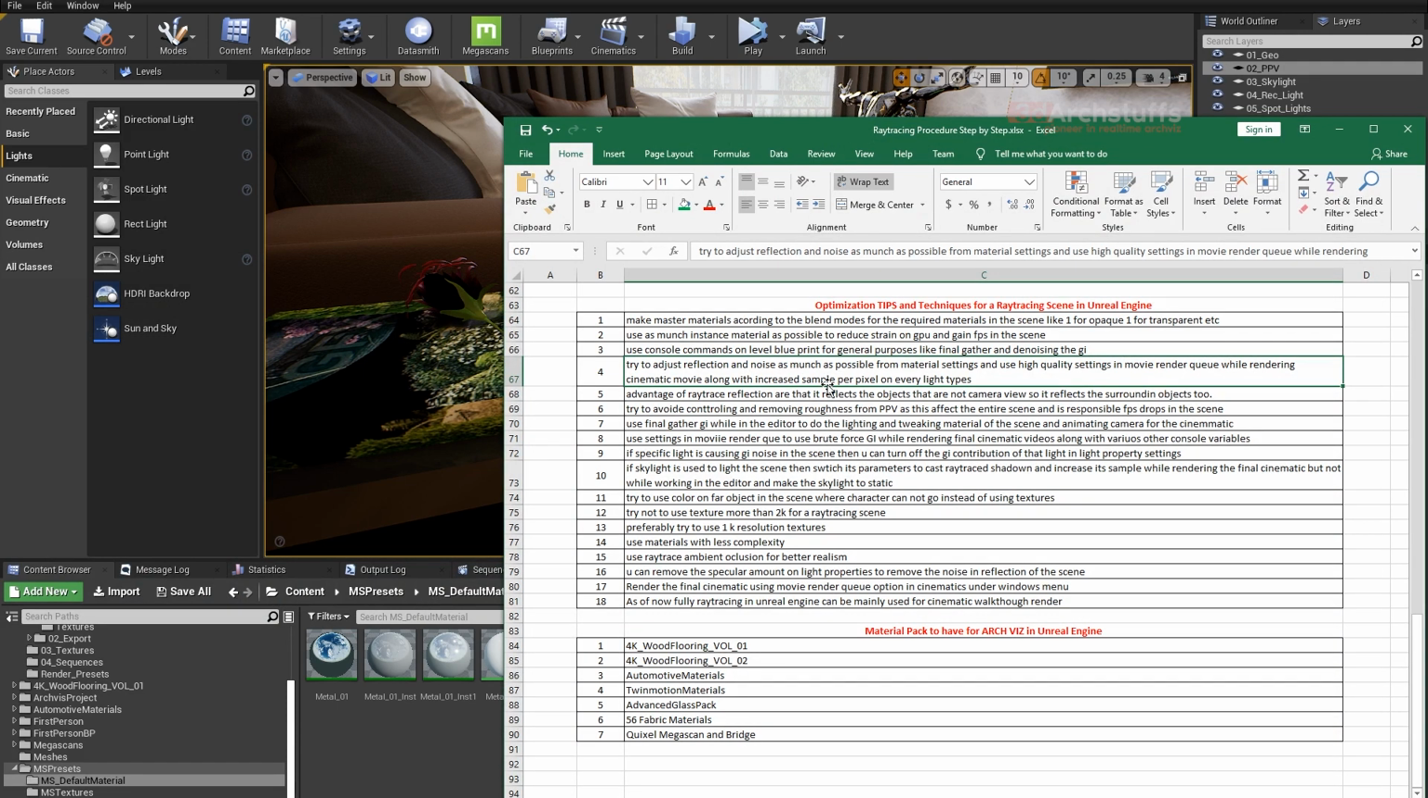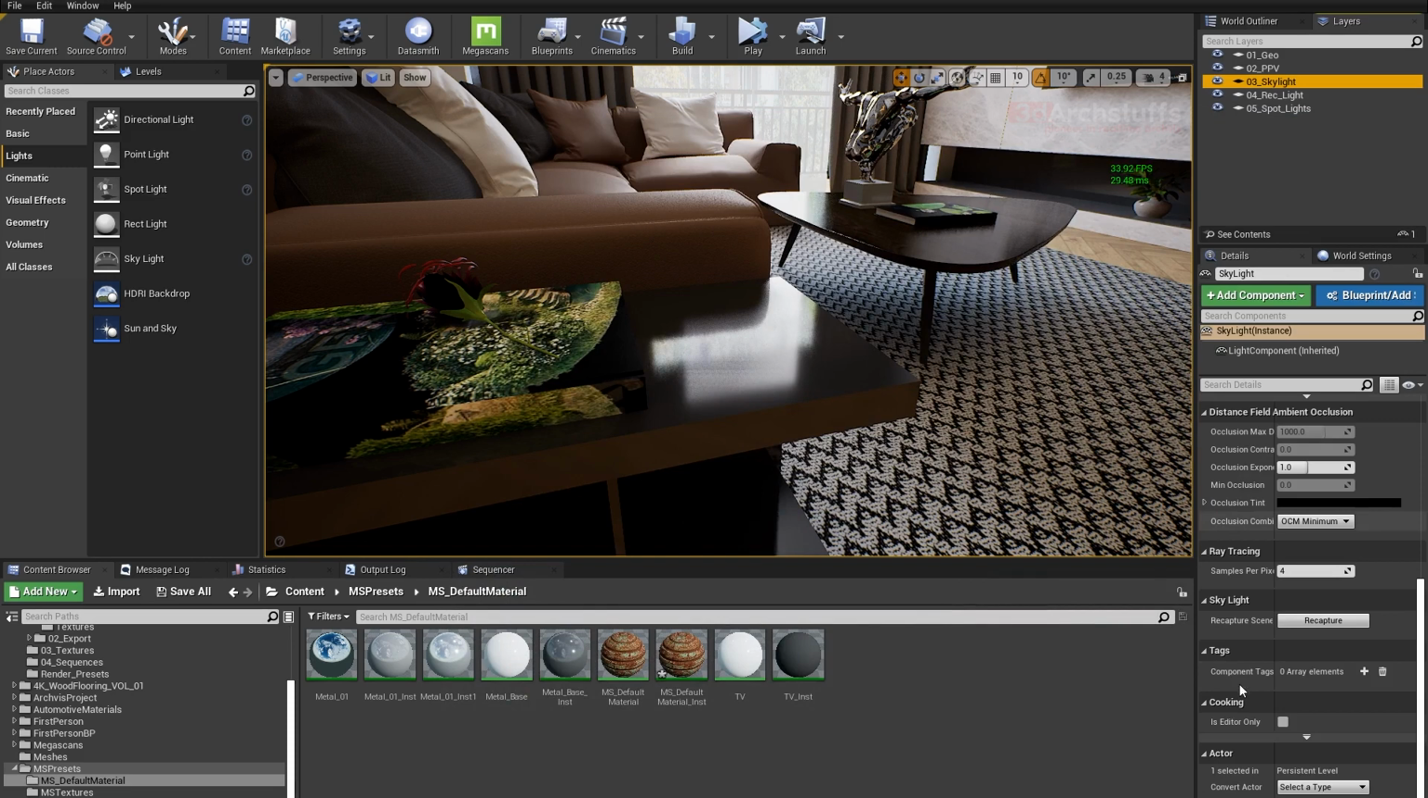And when you are rendering the final quality, you can just go ahead and increase the sample per pixel from here, and then this noise will be absolutely gone. So the simple formula of reducing the noise from reflection in an Unreal Engine ray trace scene is going into the light, all types of light, and then just increasing the sample per pixel to 64, along with all the high quality